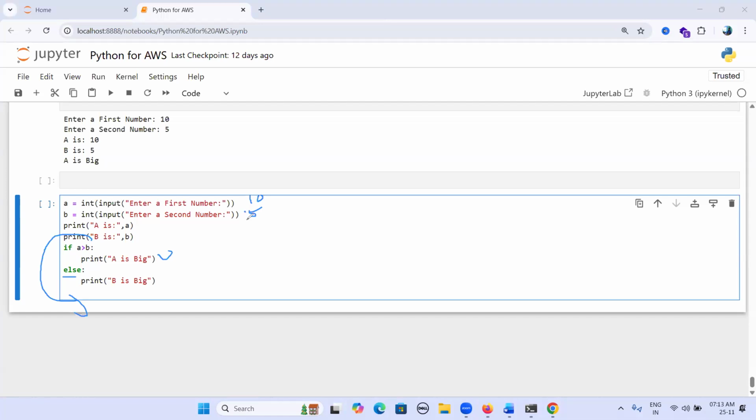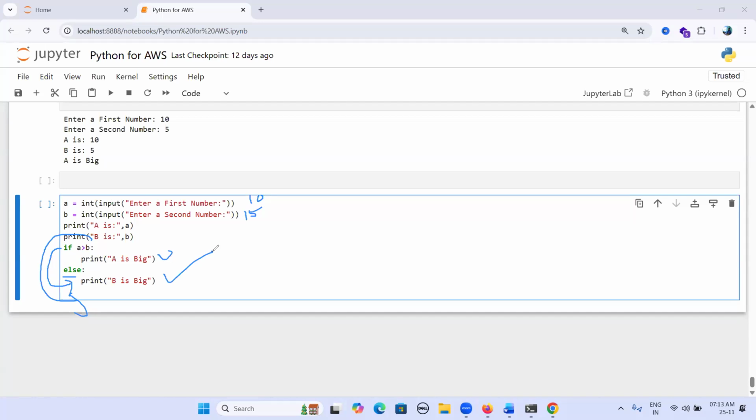Let's say you enter 10 and 15. 10 greater than 15, false. If it is false, it directly comes to the else part and will execute this statement. So only one condition check. Previously, multiple condition checks.